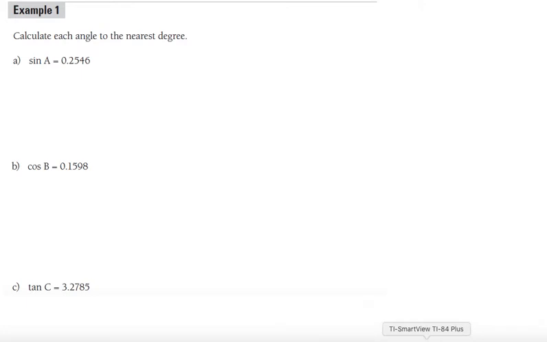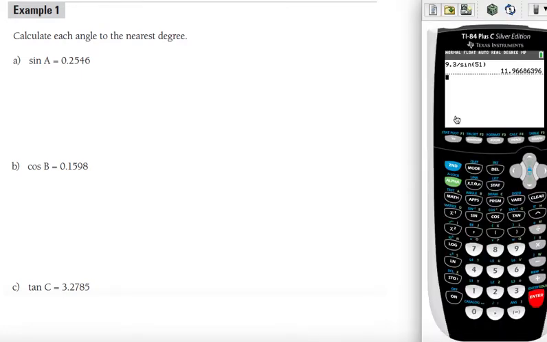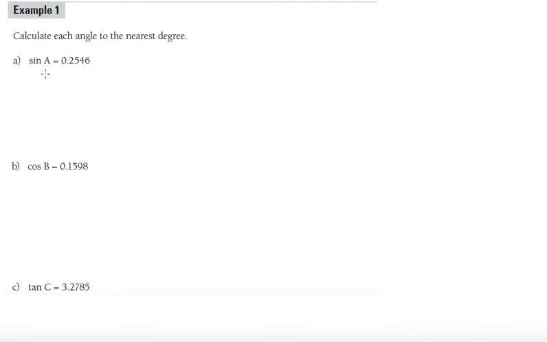We have three functions that we're going to talk about. They're called the inverse functions. On most calculators, you're looking at the second button or something like that. So it's going to be second sine for sine inverse, second cos for cos inverse, and second tan for tan inverse. Here, the sine of A is equal to 0.2546. That means that A is equal to the sine inverse of